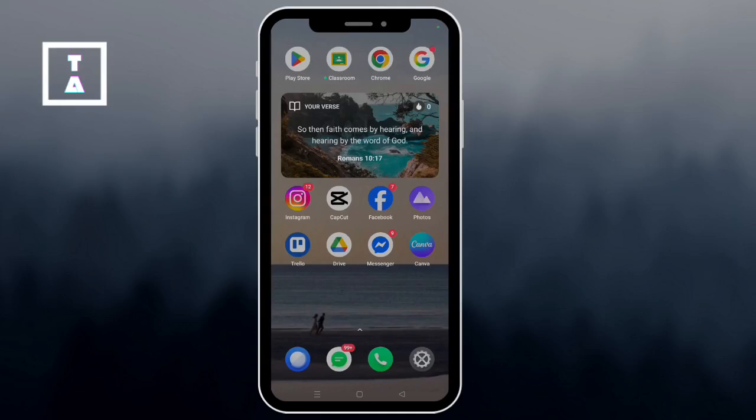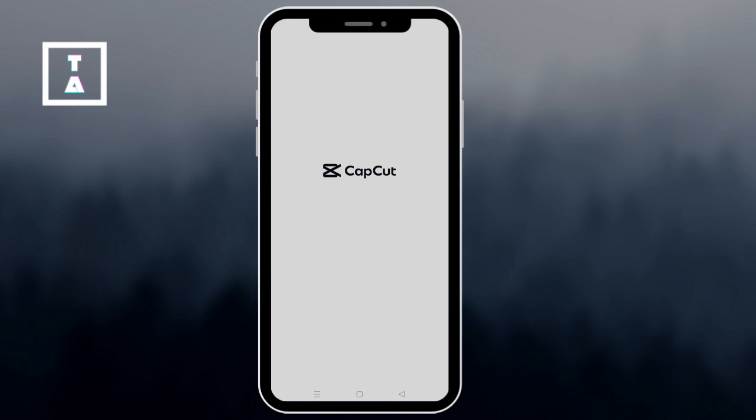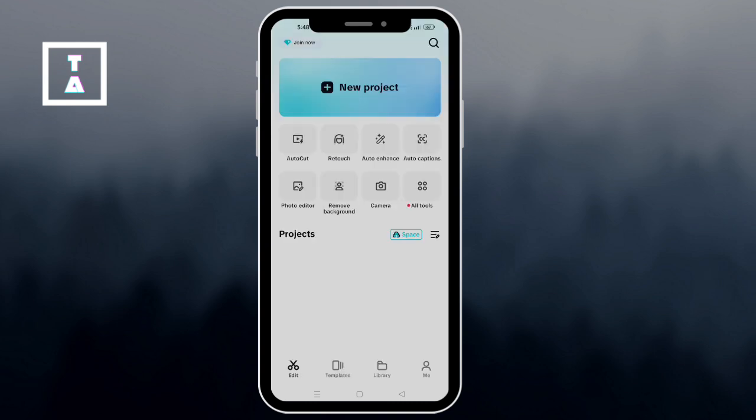Hi everyone! Today I'm going to show you how to use CapCut templates to create amazing videos in just a few taps. Let's get started. First, open the CapCut app and on the home screen, tap on the Templates tab at